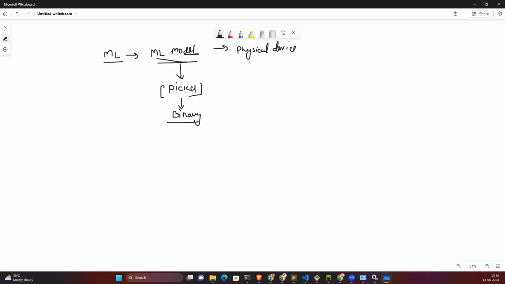So this file cannot be read directly, right? And to read this pickle file, we have to write some logic. We have to use some pickle library or joblib library, right? Different kinds of libraries we have to use to read it. And after reading this pickle file as well, we have to pass the instruction in a certain format, and then this model will get called and give the response, right? So there are n number of things that have to be done.